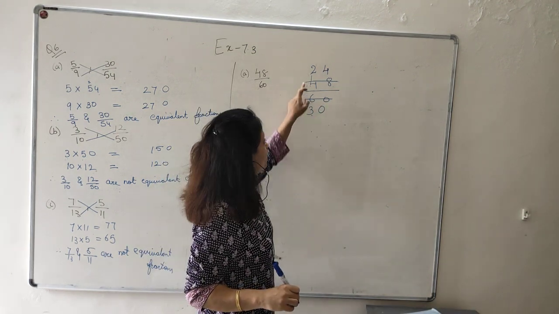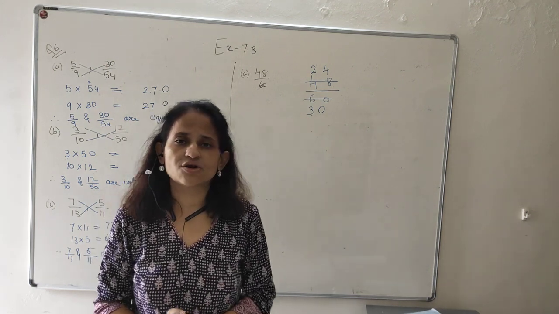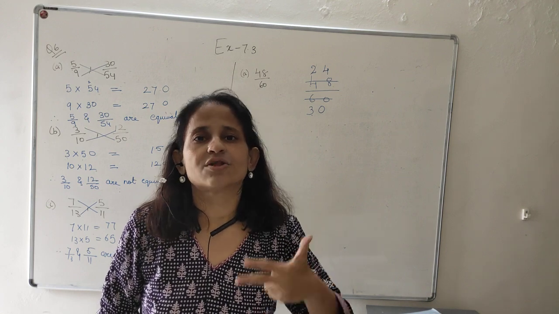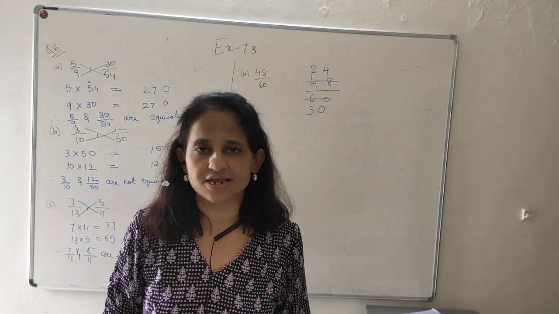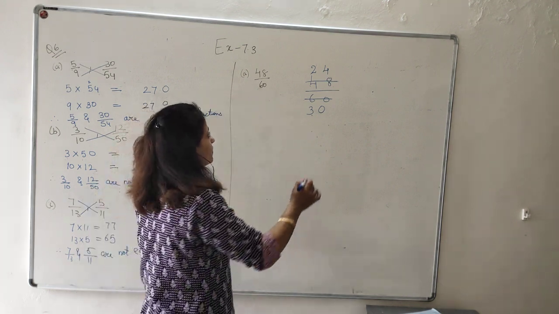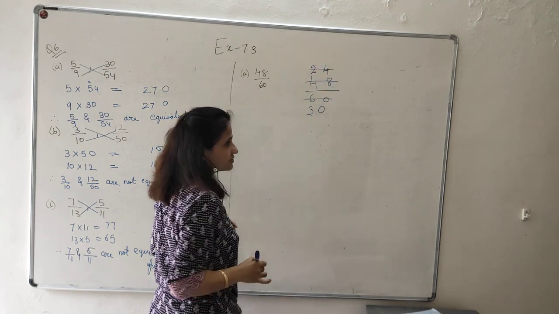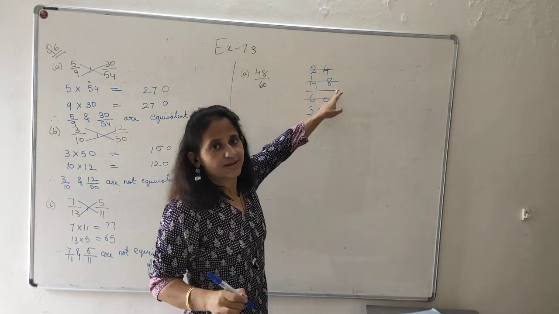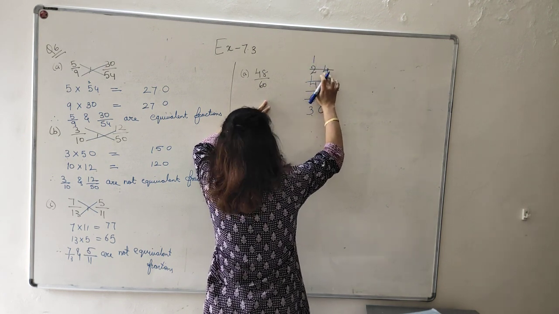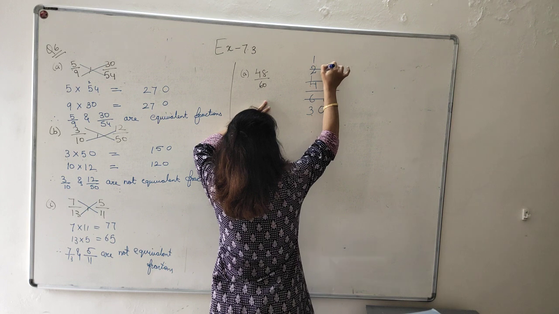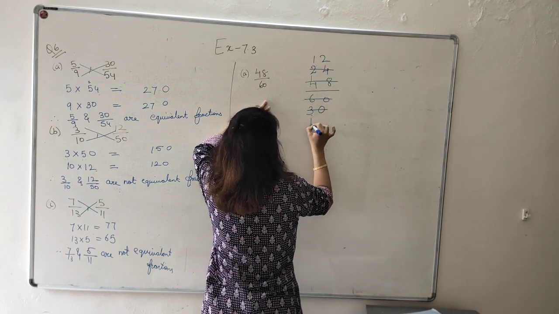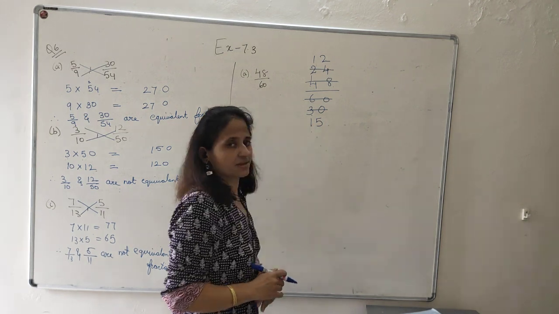Again, 24 and 30. You will find a common table. It goes with 2. It goes with 3. It goes with 6. You can use any table of your choice. I am using 2 here. 24. Cut it first. Now divide 24 by 2. 2 1s are 2 minus 2, 0. You cannot give 0 to the neighbor. The neighbor is 4. 2 2s are 4. And 2 15s are 30.